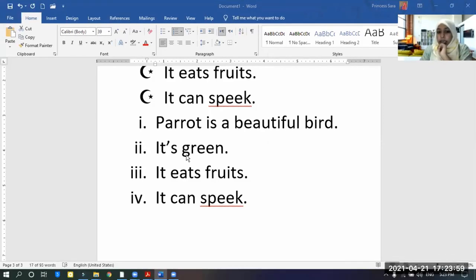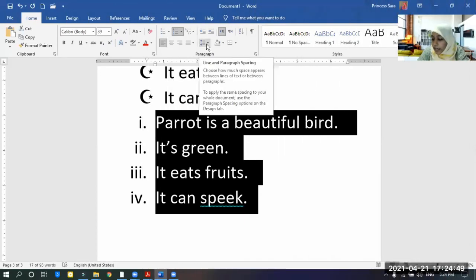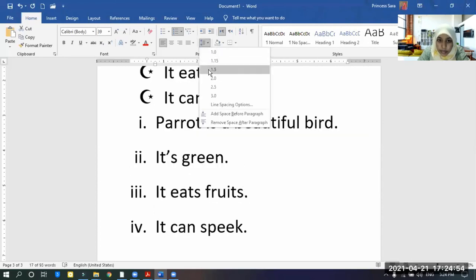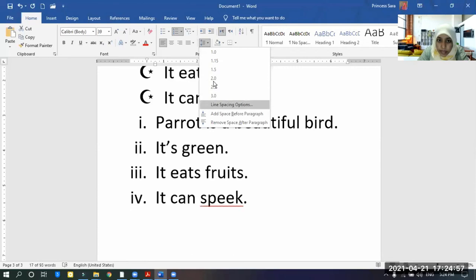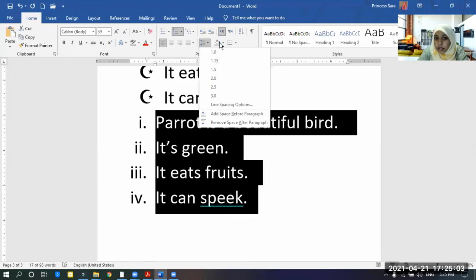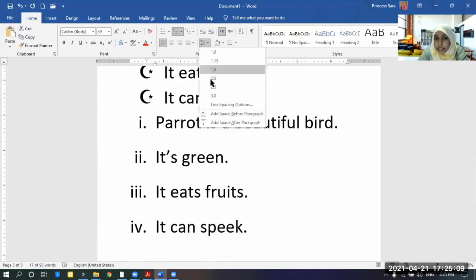Line spacing means, can you guys see a small space between these two lines? This white gap here, it is line space. Okay. So select the text again, whatever you want. When you want to format text, you should select the text. Go to this one, line and paragraph spacing. Select it. See here what happens when I select the numbers. There is a space becoming, right? The space is increasing. The line space is increasing. So that is the line spacing. Now understood the line spacing?